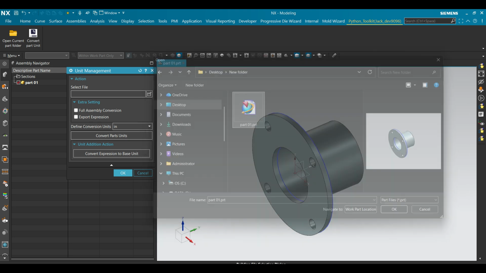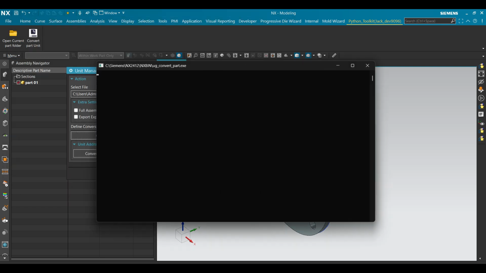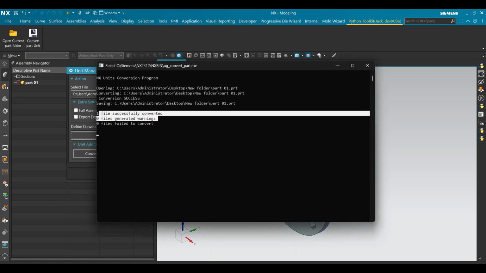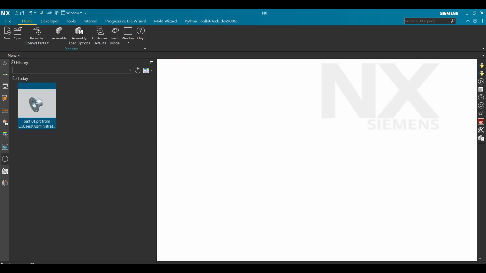First, I click the Convert Part Unit button and select the part file that needs to be converted. After selecting the file, I define the required conversion options and click Convert Part Unit to start the conversion process. Once the conversion is complete, I reopen the original part file without saving the previous changes to demonstrate the feature